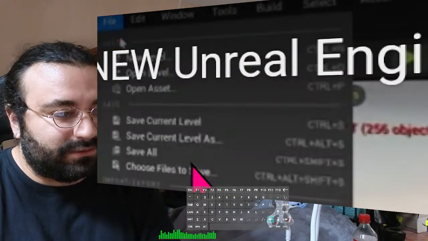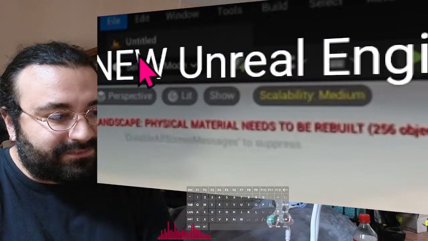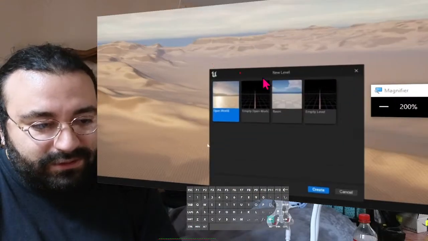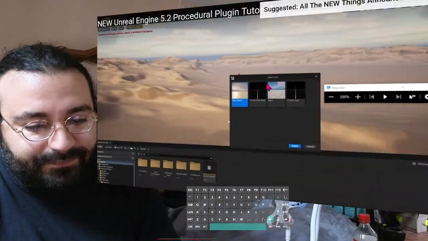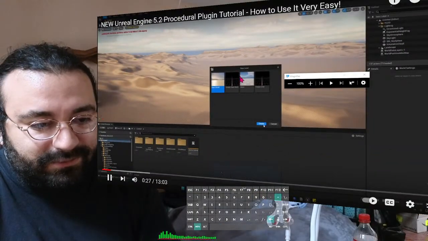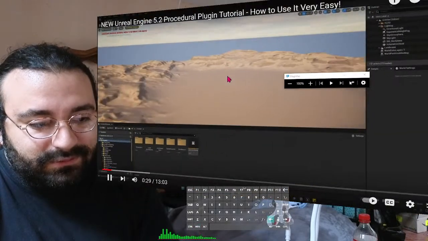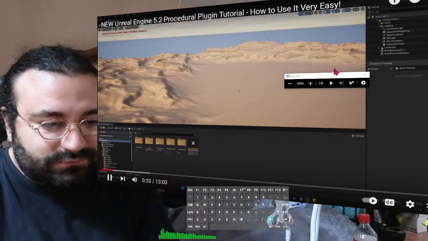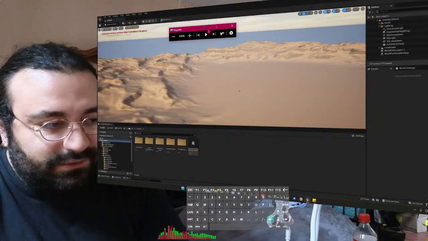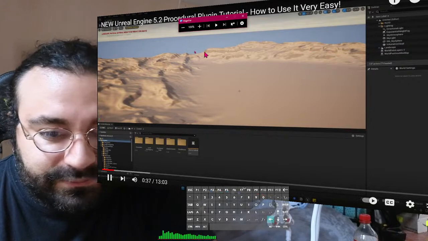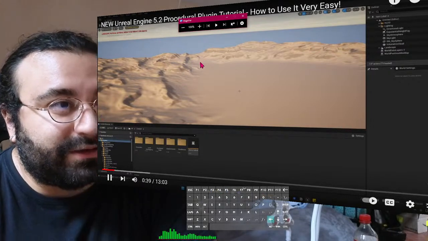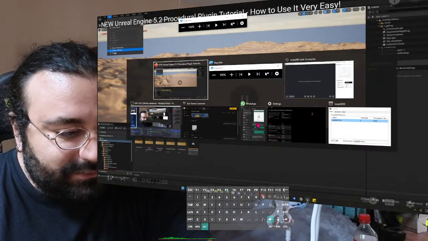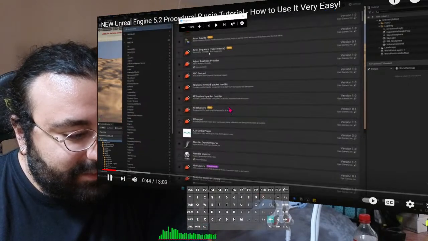First of all, let's go ahead and create a new level. It's file, something creating a level. New level. I'm gonna be using the open world, so it's easier for me to go ahead and showcase how this plugin works. So of course I'm using 5.2, it's in preview. You can go ahead and download it through the Epic Games launcher. So once you create your new project with 5.2, what you have to do is go up here into edit, launch it, go to plugins, and then